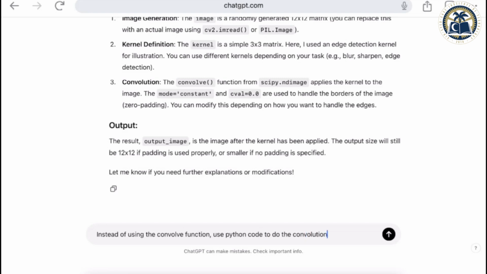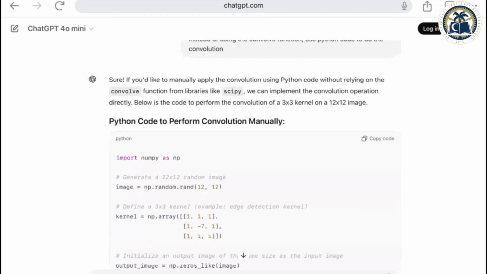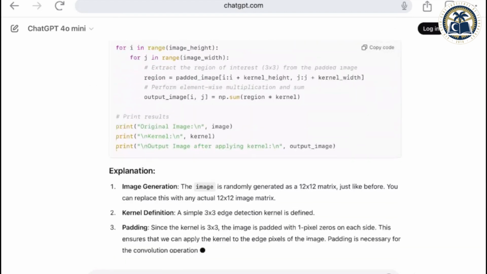Okay, now you ask it to, so hopefully it will now, so it has now these loops. Okay,